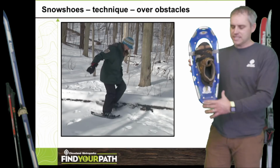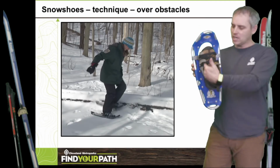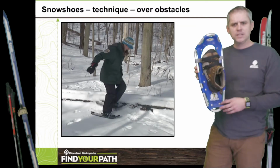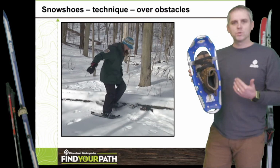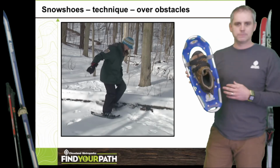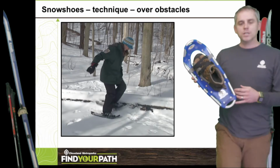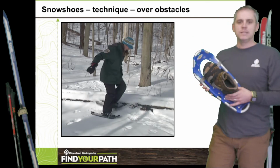This one is asymmetrical, so it's on both sides, but there are other ones where it's narrower on the inside or has a kick out so that you can walk normally and not actually step on the deck of each snowshoe. So that works. When you're going over obstacles, you can see we've got a picture of an individual stepping over